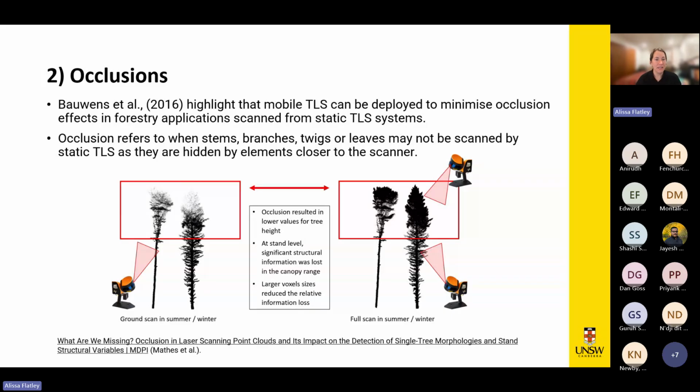So this particular example is showing you lower values for tree height due to occlusion. It's showing you at stand level, there's significant structural information lost in the canopy range. And larger voxel sizes, so kind of 3D pixel sizes, reduced the relative information loss. Now,